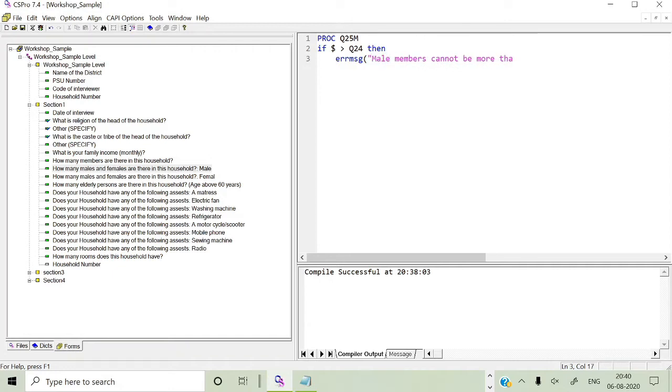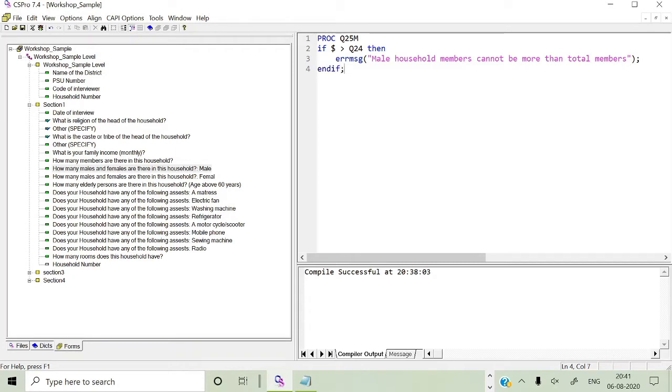Household male members cannot be more than total members in the household. So this is a simple error message that I have written, and then I am just giving end if.